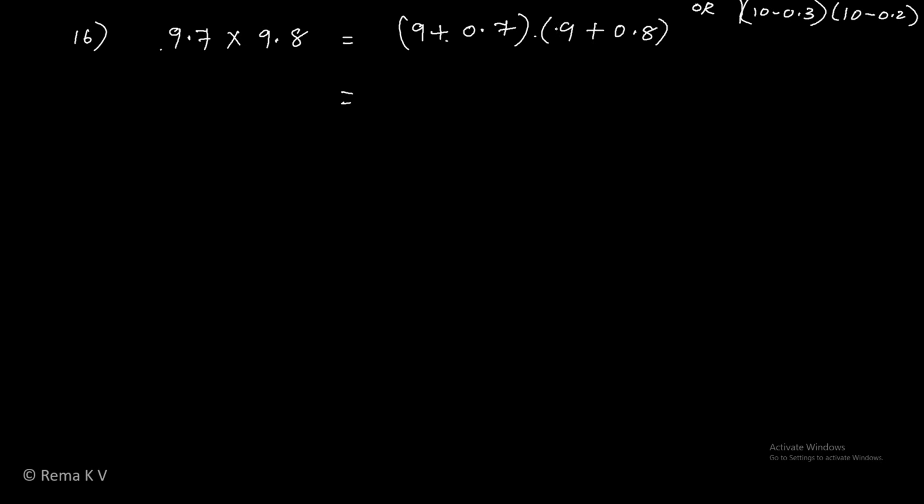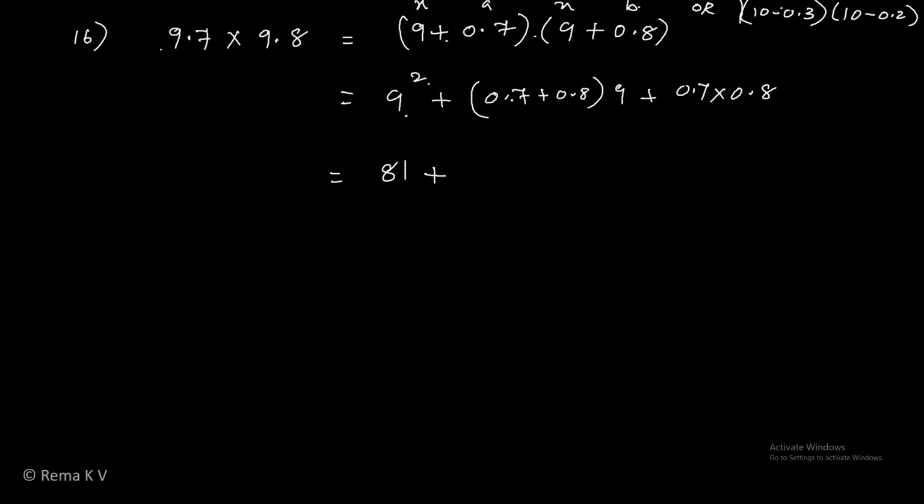Either you can use this or you can use this one. So here this is x, a, 9 square plus a plus b into x plus ab. This equals 9 square is 81 plus